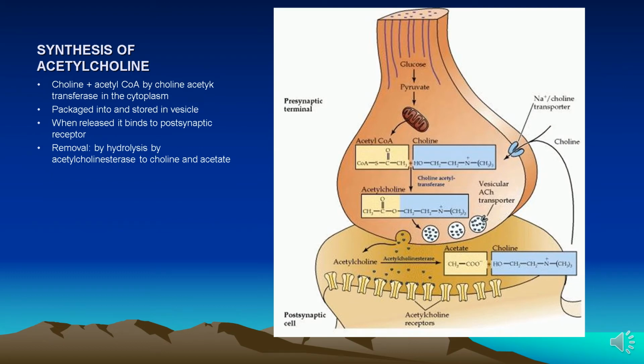Now, for other neurotransmitters that are not amino acids from the small category, the acetylcholine. Acetylcholine, as you see, is synthesized in the presynaptic cell from choline and acetyl-CoA. Choline could be obtained from cell membrane phosphatidylcholine or from diet, okay? The enzyme that catalyzes choline and acetyl-CoA to acetylcholine is called acetylcholine